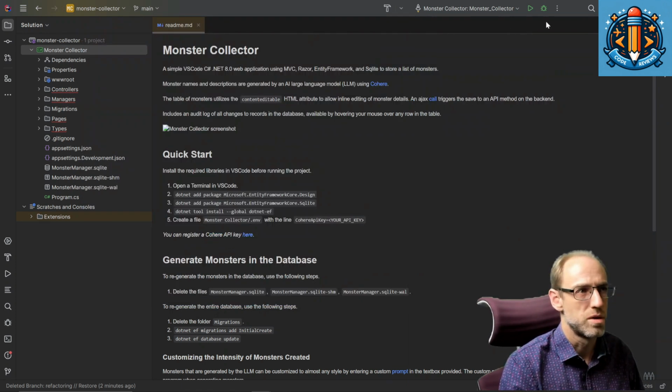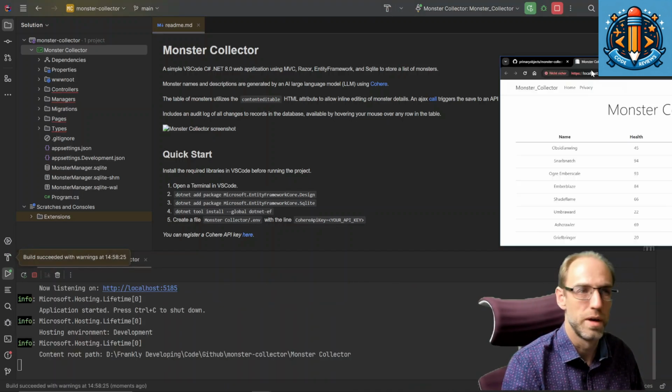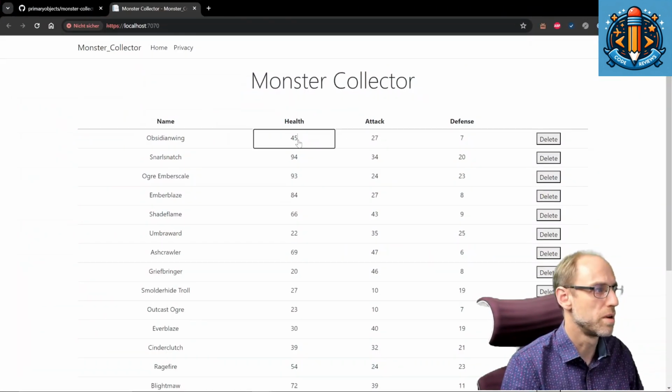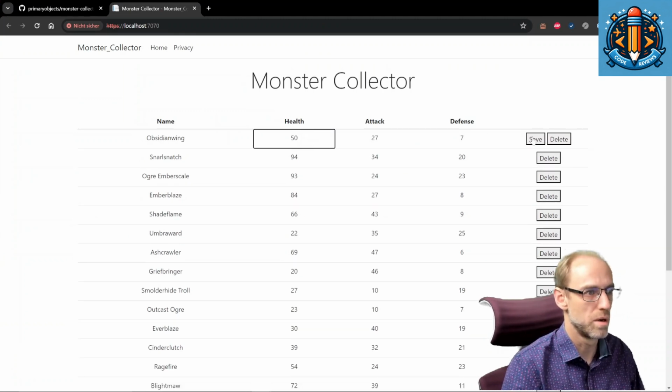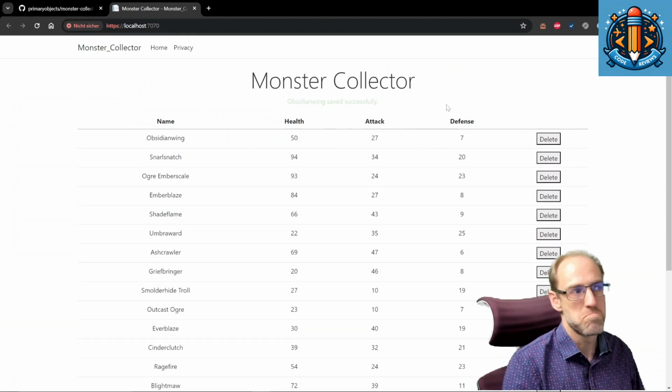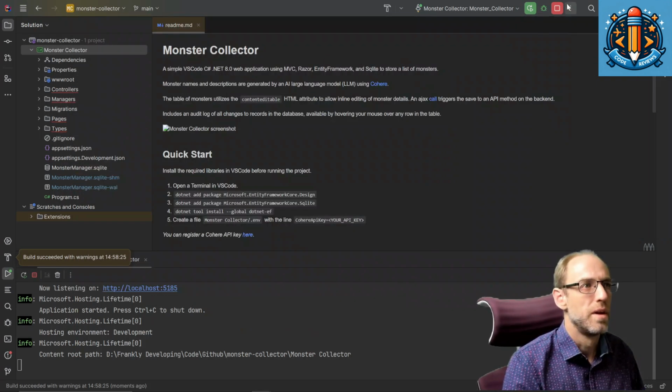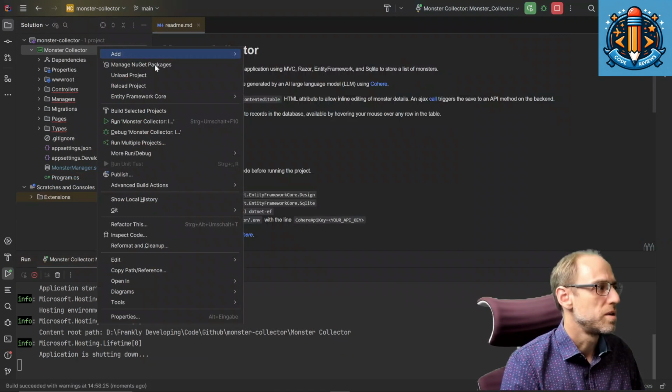Maybe we can just see if it runs successfully. You can see it's already running. Can make a change probably, something like this, and oh yeah, need to click save. And it seems to be saved, so far so good. Now what you notice is if you